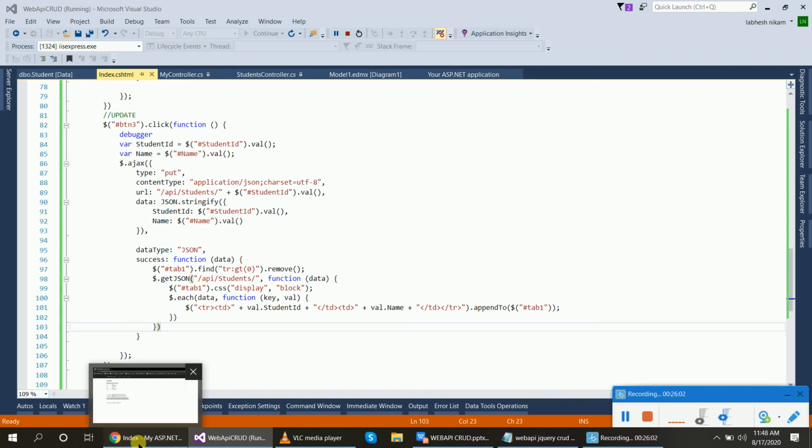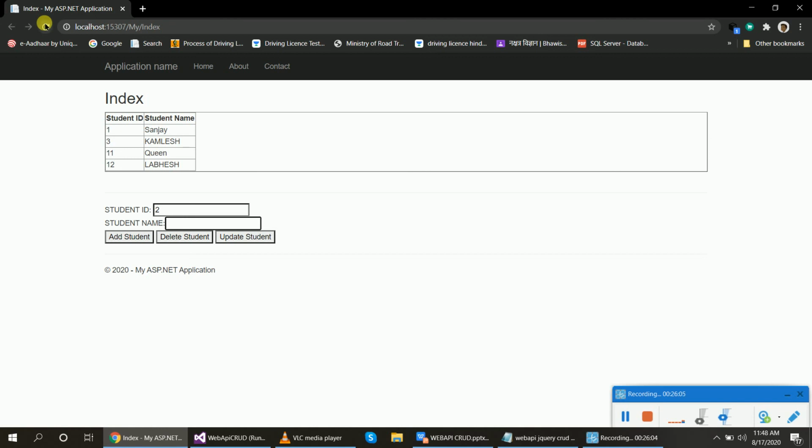Refresh the page and check the records. Suppose in the first record I want to change the name. In place of Sanjay I will write Rajesh. So whatever the changes, I will write in the name property, Rajesh. In place of Sanjay there will be Rajesh.